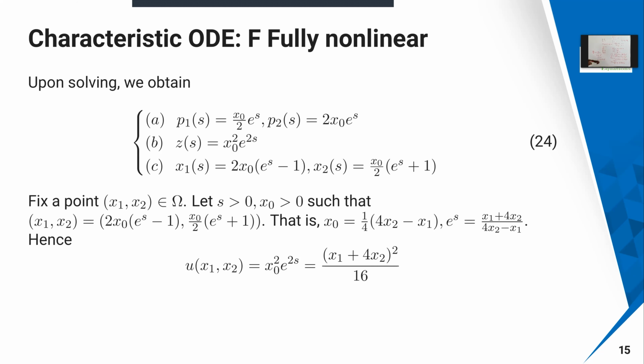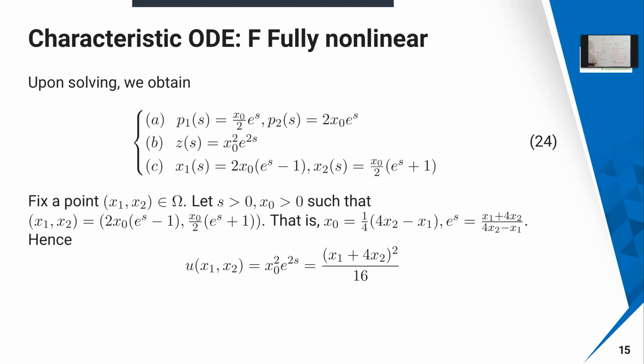We have to integrate this one. Sorry, here 2 into c1 c2 e power 2s is coming. Once you integrate, the 2 gets cancelled. That is the reason you are going to get x naught square. Similarly, x dot of s equal to q, that means dx by ds equal to q, and q is nothing but c2 into e power s. So you have to integrate this one. I chose my q in such a way that it is satisfied, so 2x naught into e power s is going to be there.